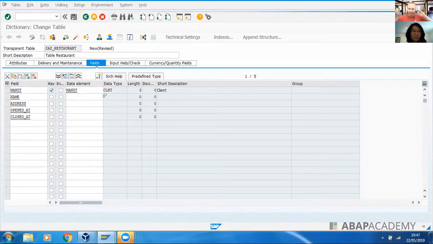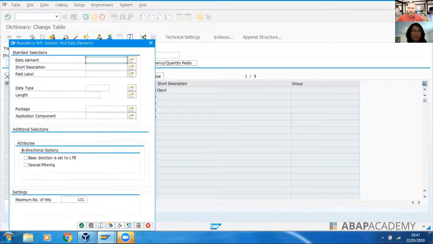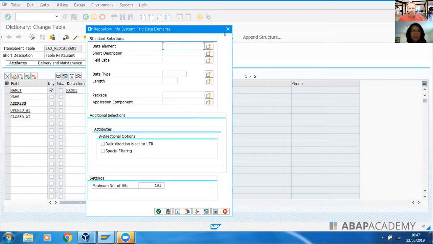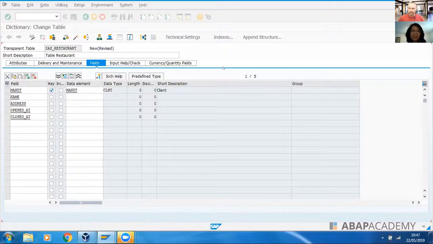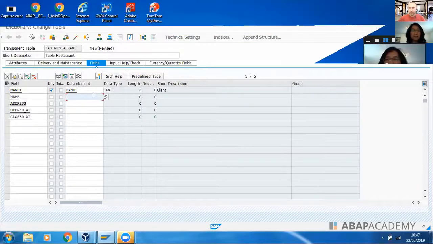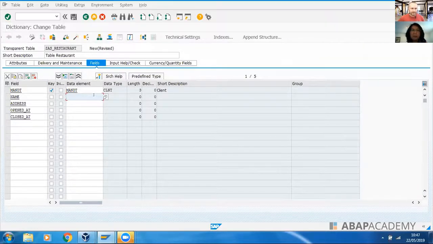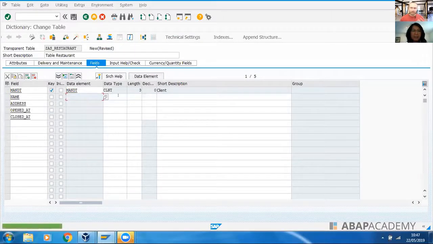Okay, so again, question. When you are doing the prototyping, let's say that you want to create a database table as quick as possible, is it really needed to create a data element each and every time? Is it going to speed up your progress? Maybe is there any way, if you would be creating a database table as quick as possible, so that you can do the proof of concept? Okay. Or then maybe we use just this